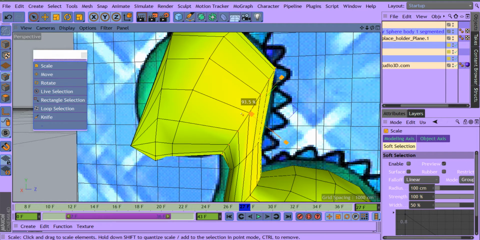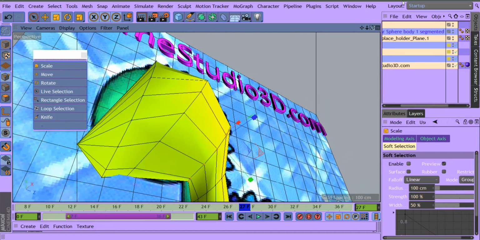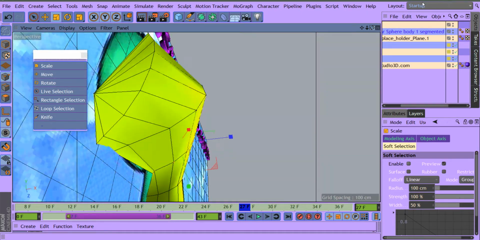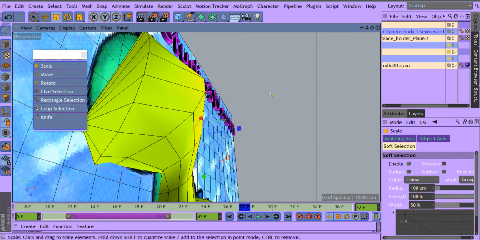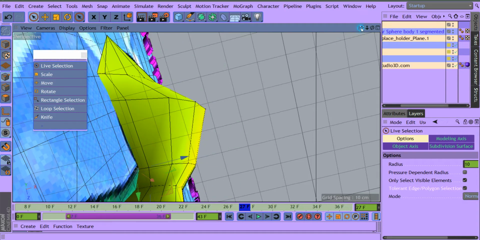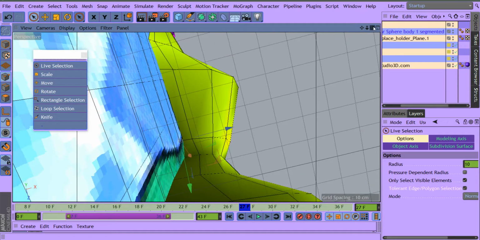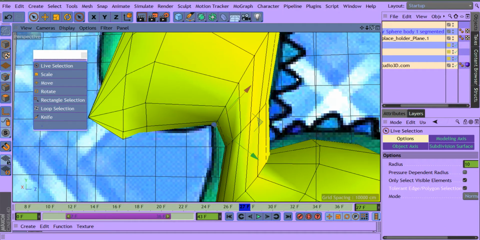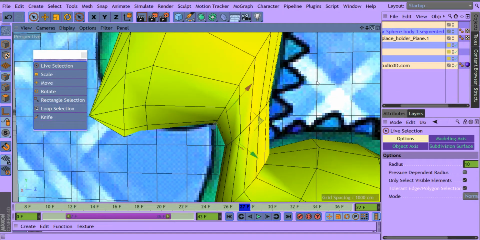And I am every day. I'm learning, and I think that I want to get on the live selection tool and just grab that guy at the bottom and move him back. He got kind of. But the less polygons we have to begin with to lay out our base structure, the better off we are,